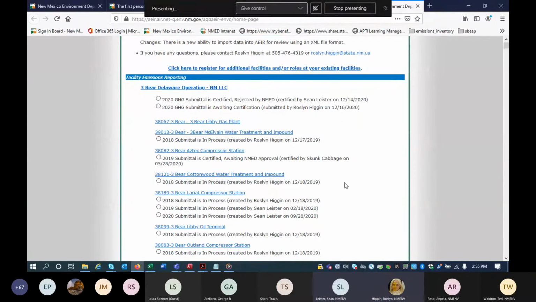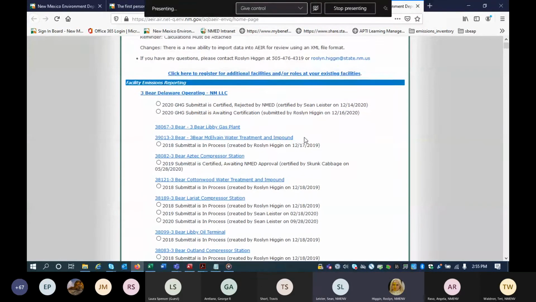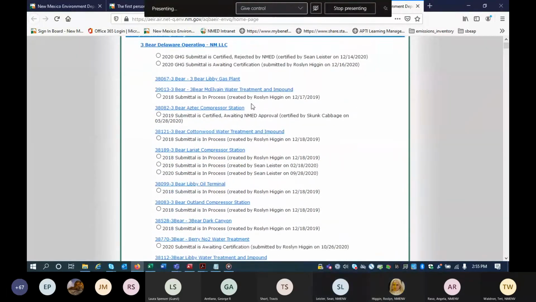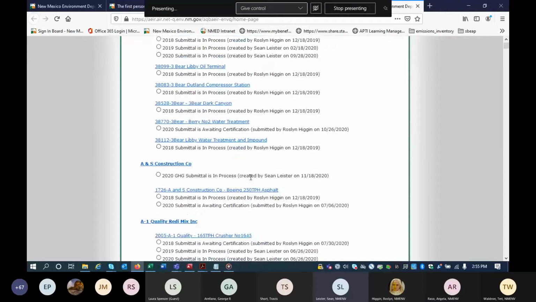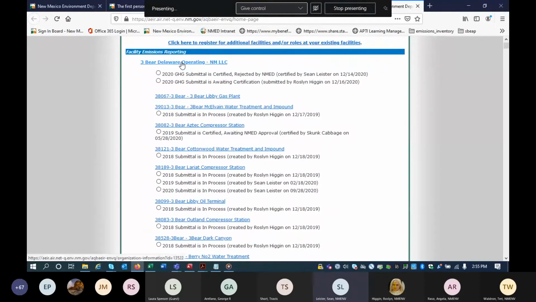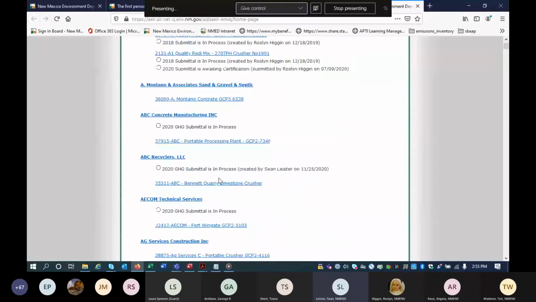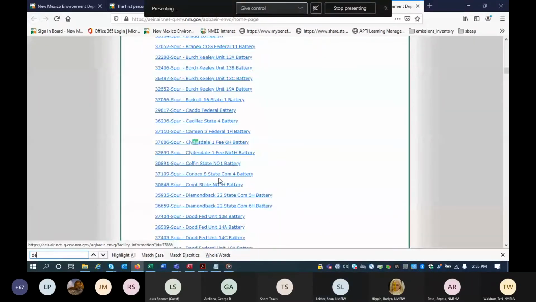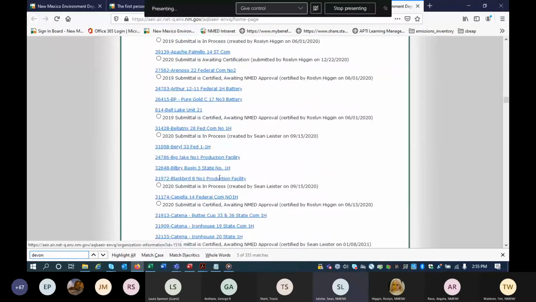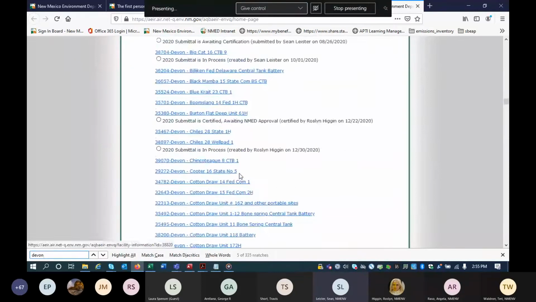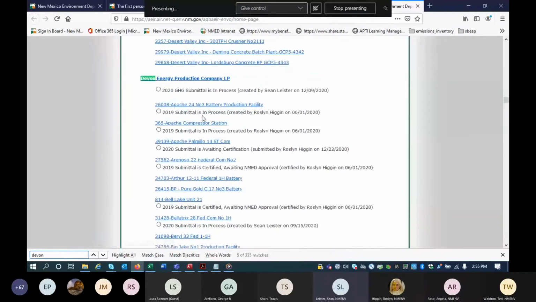Sean, do you want to show how to do a bulk download? Yes, that sounds like a great idea as well. We also recently made a change to our program because some organizations have many facilities underneath them, such as Devon. Devon Energy Production Company has many facilities underneath it, and it would be very tedious to go under each one and download the XML file individually.